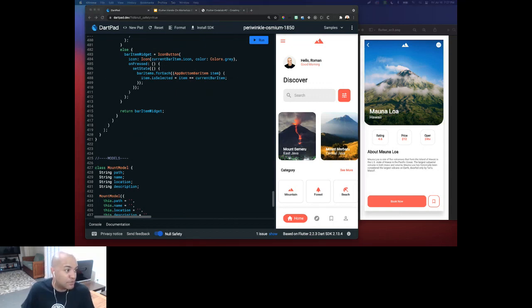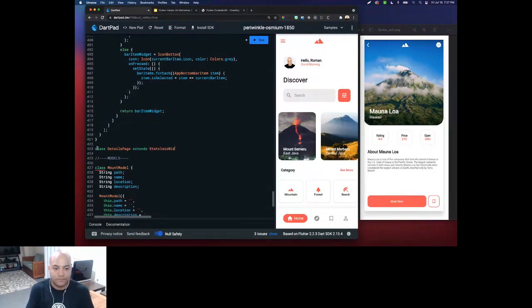So you go to step number 3, and we're going to be creating that details page. I already created it for you. If you see on step 3, you can copy and paste the code. But again, because I like to challenge myself, I'm going to type it. So the way that you create a custom widget, you create a class, you give it a name, in our case, DetailsPage, and you make it extend